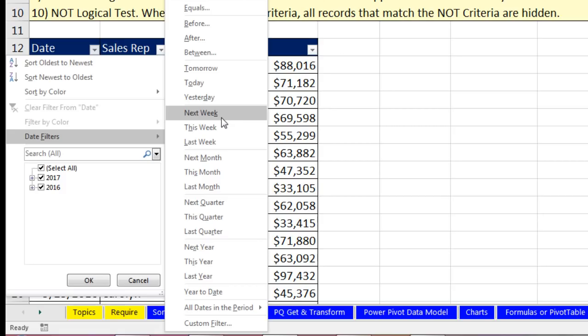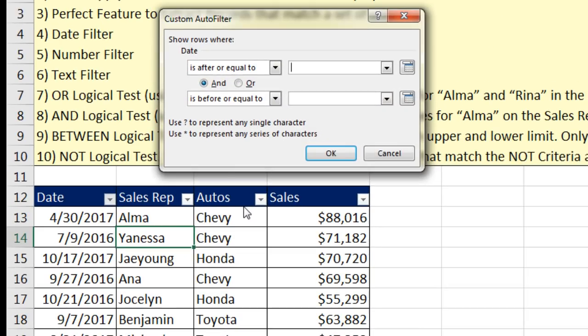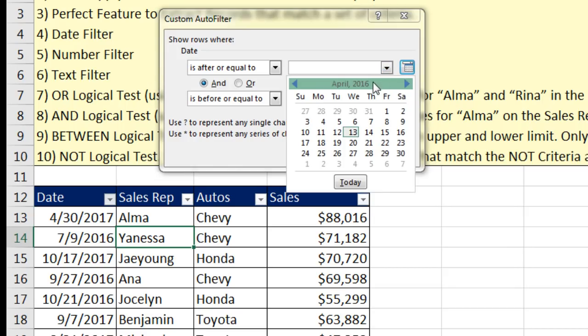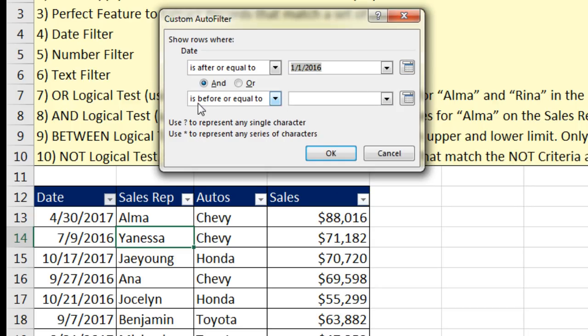Hey, we're going to try one of these date filters. I'm going to use Between. Now, between really has two conditions, and it is a type of AND logical test. Now, it says is after or equal to, so I could select. And let's select January. So I'm going to go back to January 1st, 2016. And then the second part is before or equal to. And here I'm just going to type